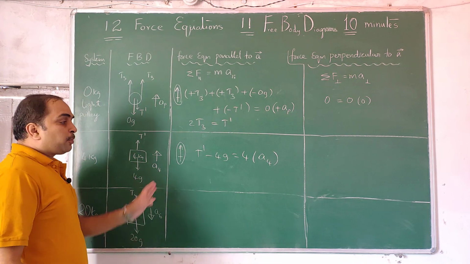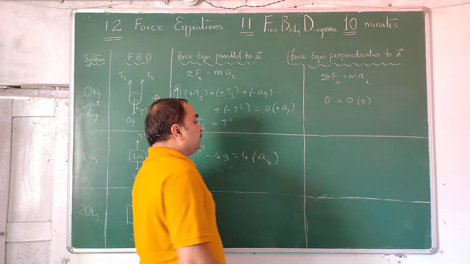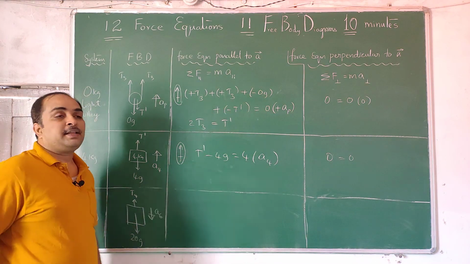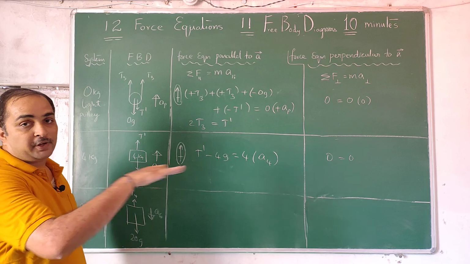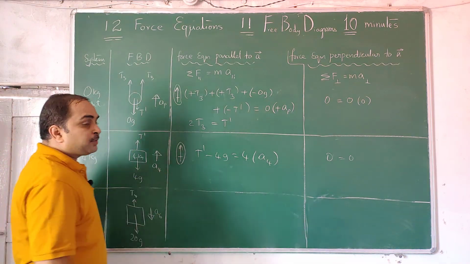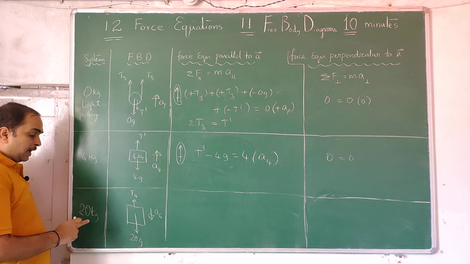So I have not written the proper procedure, same procedure, no? So 0 equal to 0 in this one. You may say, well, you have not written the equation. That is also an equation, only in the perpendicular direction. Now coming to this, in between one inclined body is there. I am skipping that for 5 minutes. I am going to the last body, 20 kg.